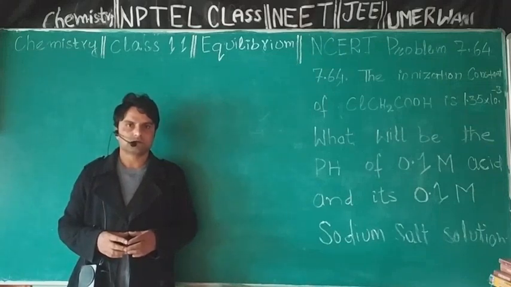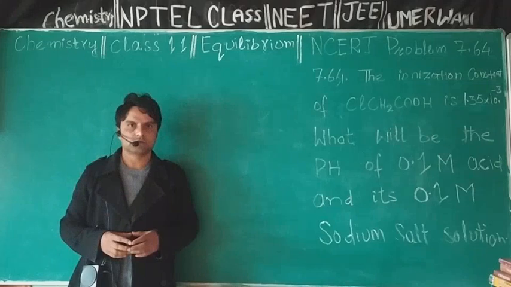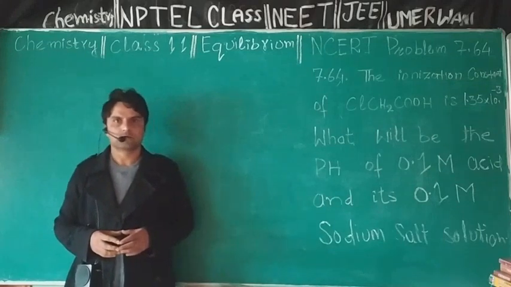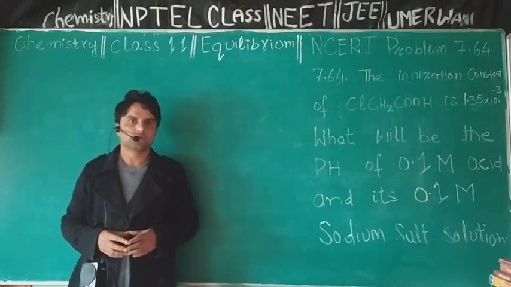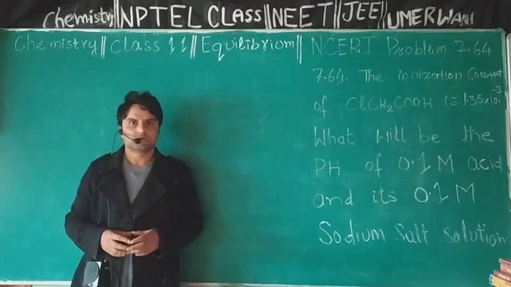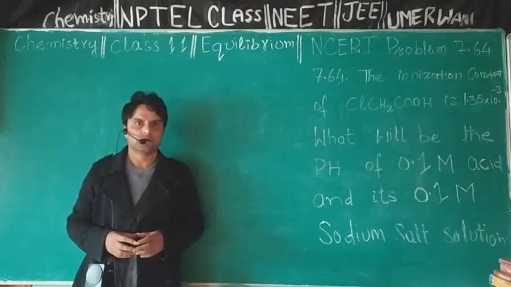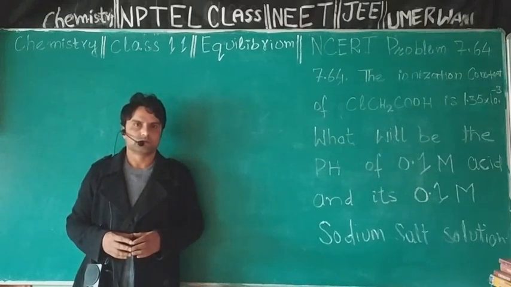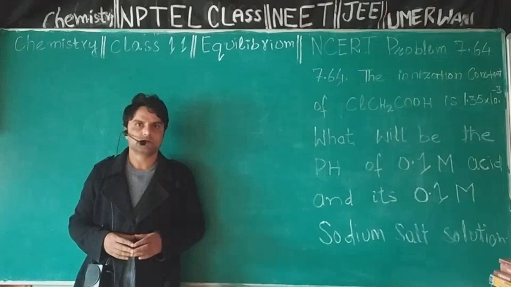Second idea is that sodium salt of chloroacetic acid is salt of weak acid, chloroacetic acid, and strong base sodium hydroxide. And in its solution, it will undergo hydrolysis, releasing OH ions in solution. And due to release of these OH ions, solution will be basic and its pH at room temperature will be greater than 7, which we need to calculate.